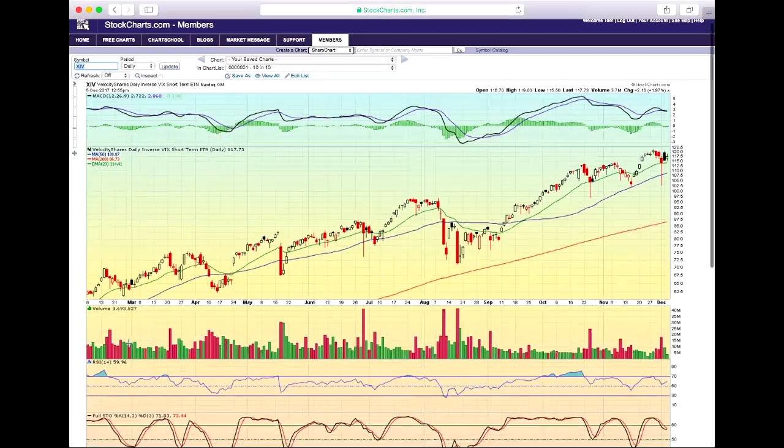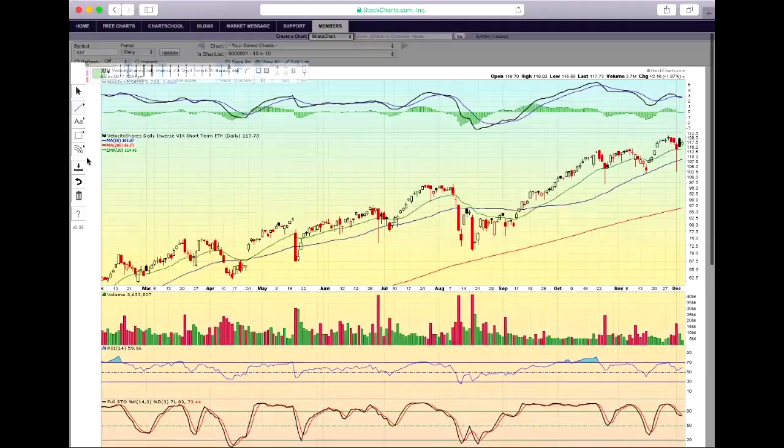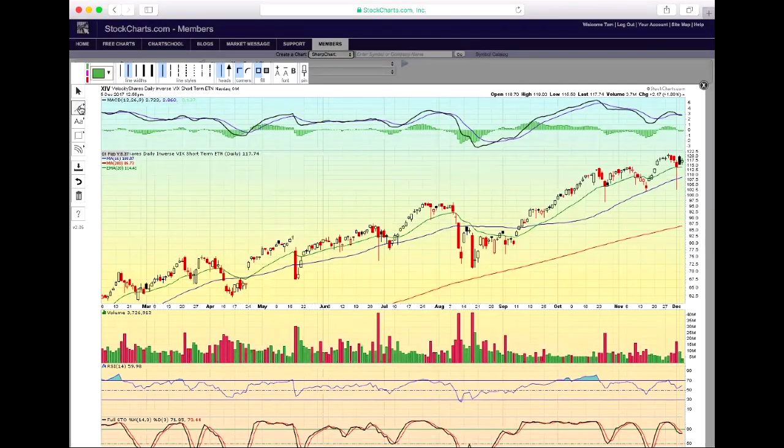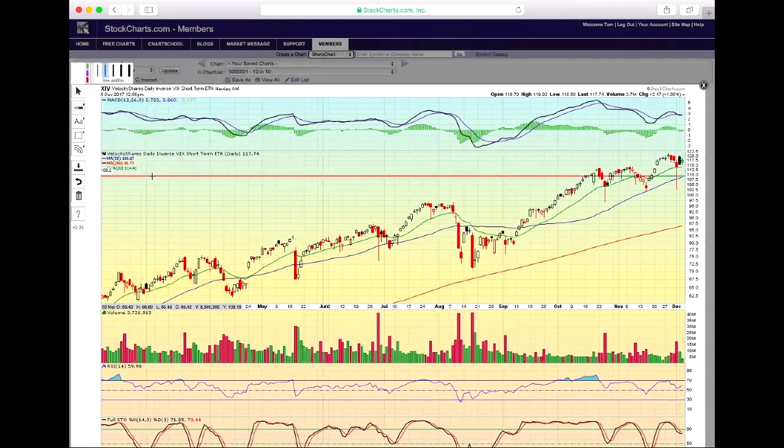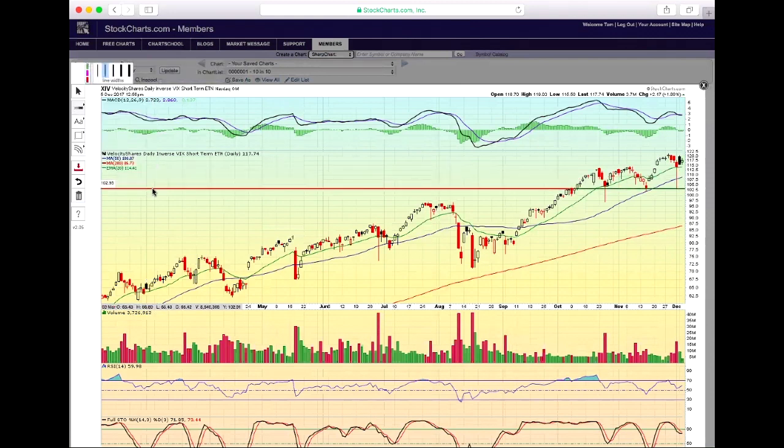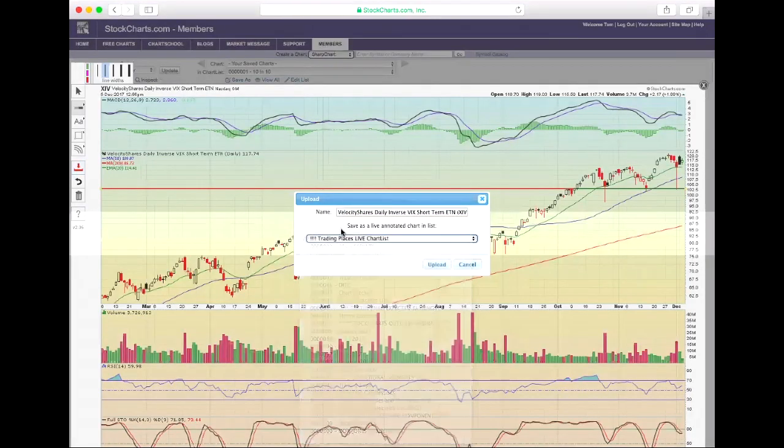I'll go ahead and put a line on here just so I can say I annotated it. But I really don't have a whole lot of feeling here on this one. I would maybe watch that support area there. There you go. All righty. Next one would be